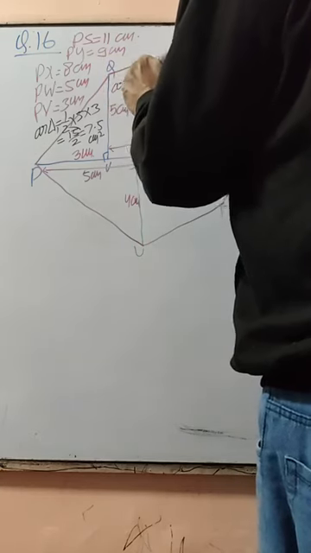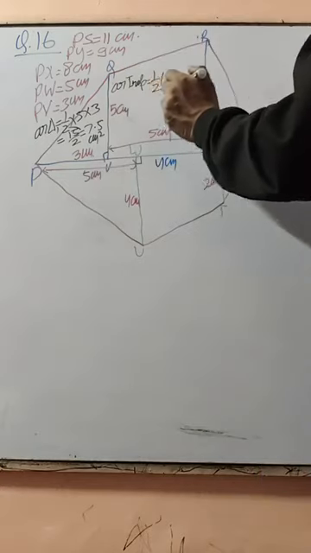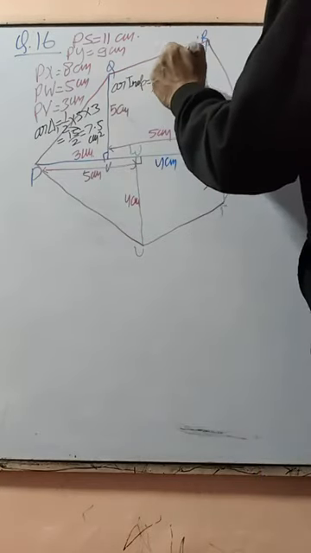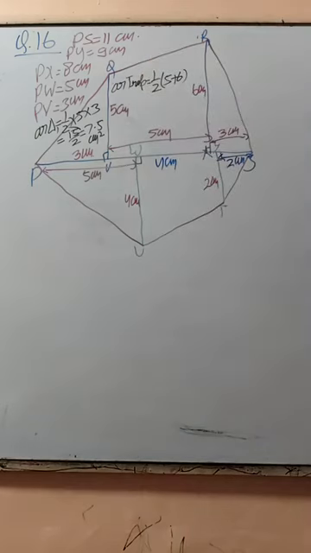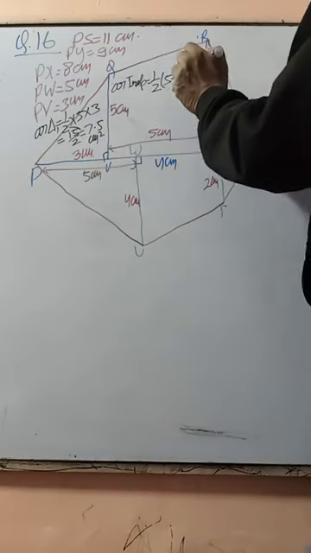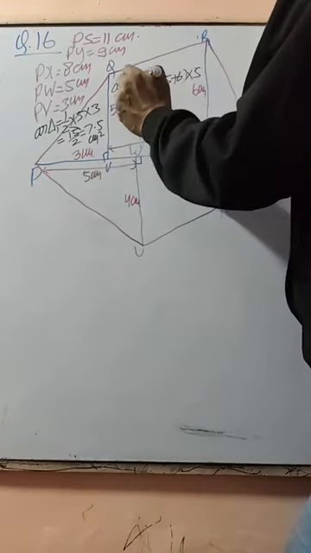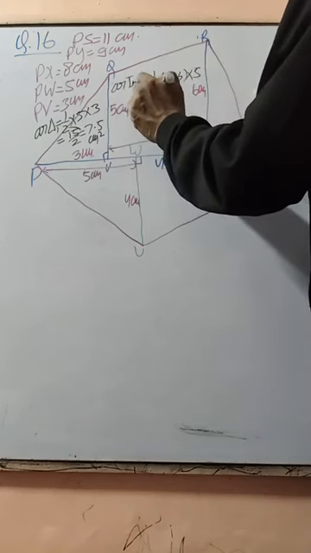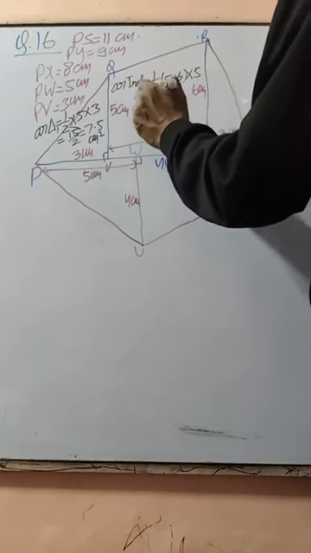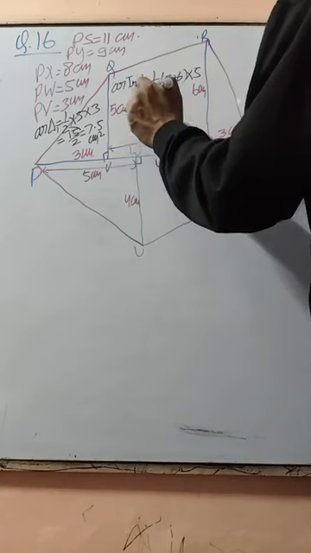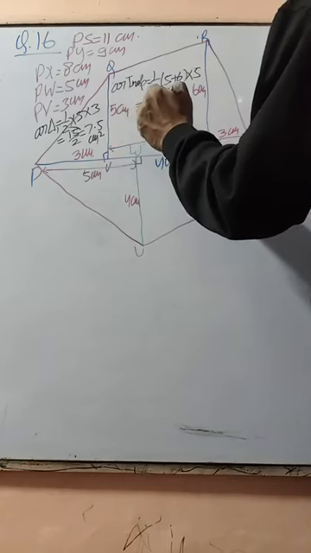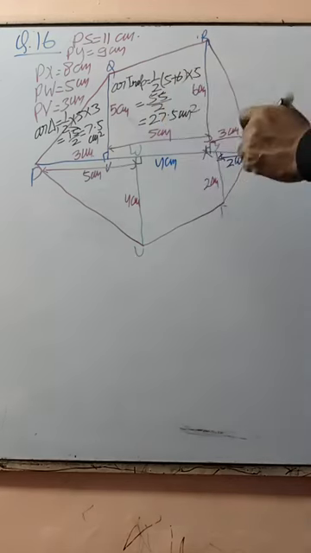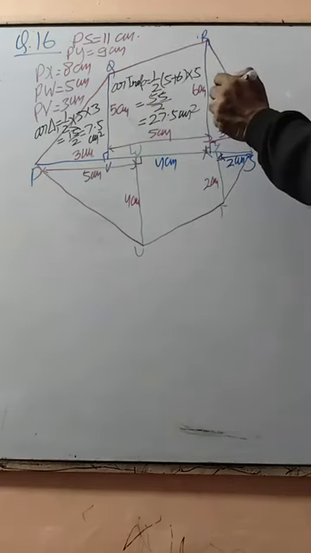is equal to 1 by 2 bracket sum of parallel sides 5 plus 6 into 5. It is how much? 11 plus 55 into by 2. So it is 27.5 centimeter square. Yes, sir. And area triangle